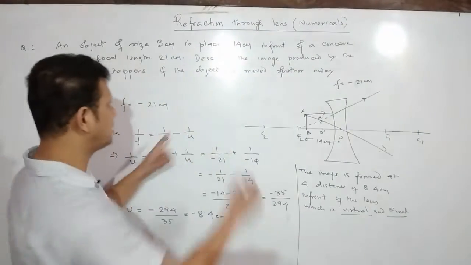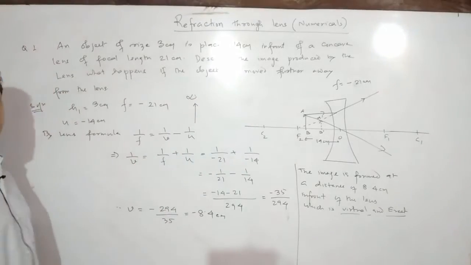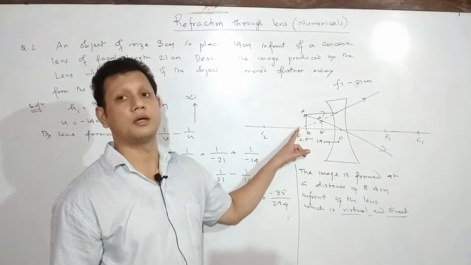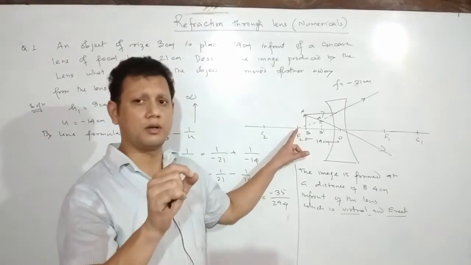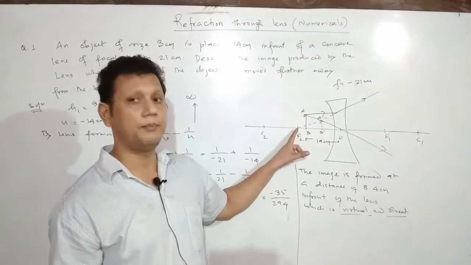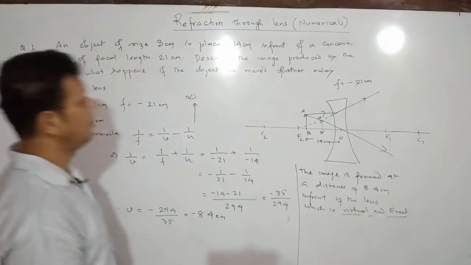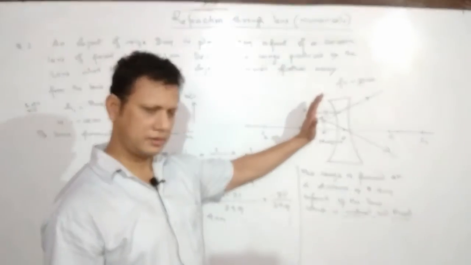when the object is placed at infinity, suppose I bring the object and place it at infinity, where will the image go? It will be formed at the focus. The image will be formed directly at the focus, which will be very, very small, a point size image. So what is the answer? The answer is, whenever you move away the object from